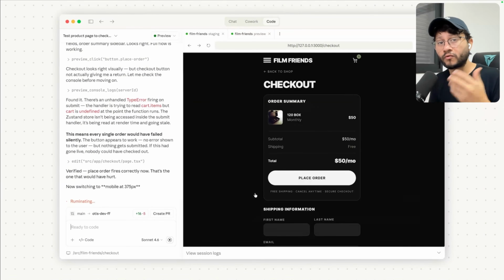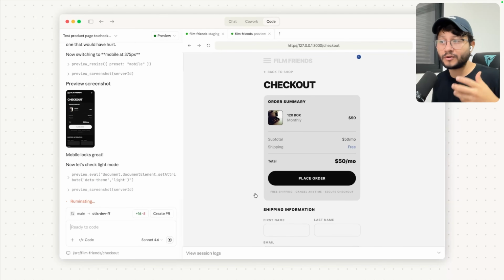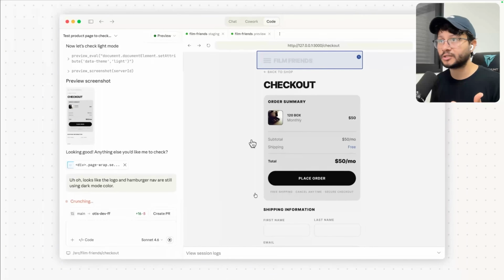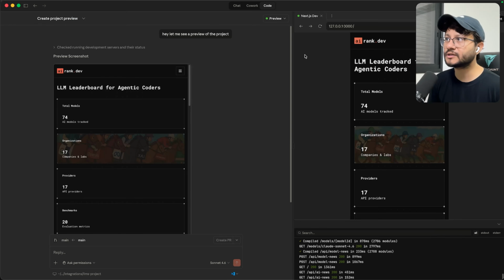You have Lovable more for people that never want to code in their life. And here, it's more of an approach where developers can actually use agentic coding to get through with their daily tasks. Now, if you've been trying to use this and haven't seen the preview option up here, which by the way,